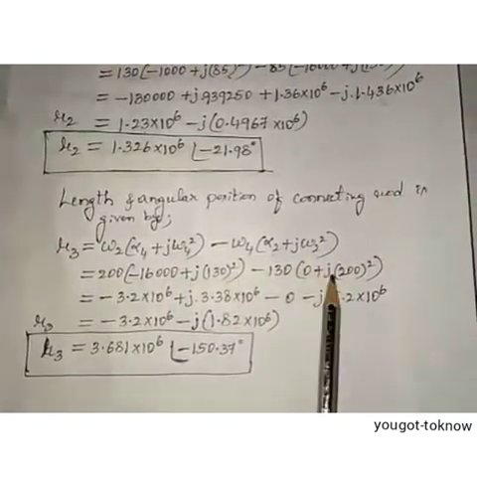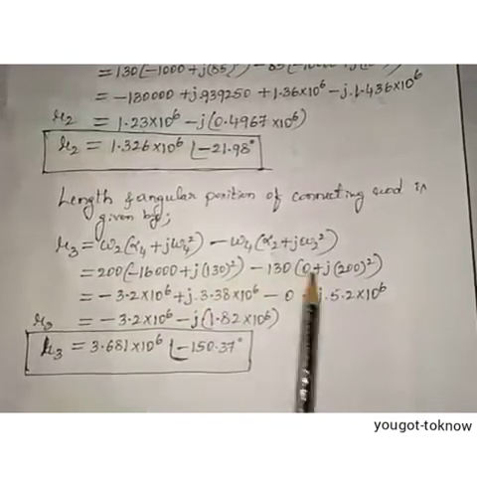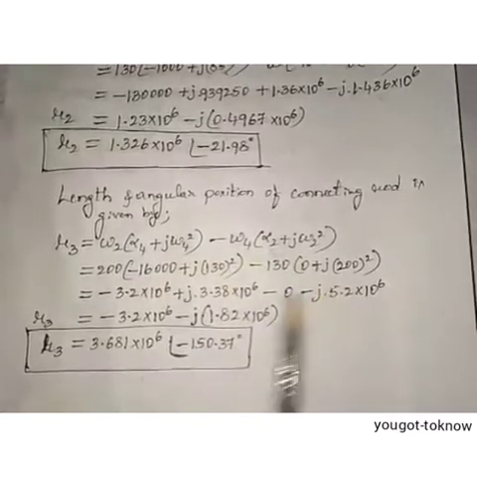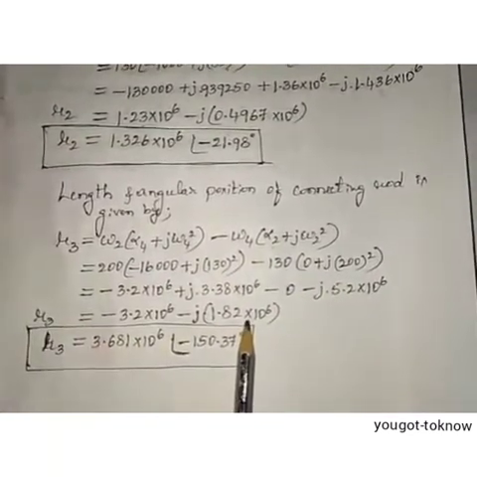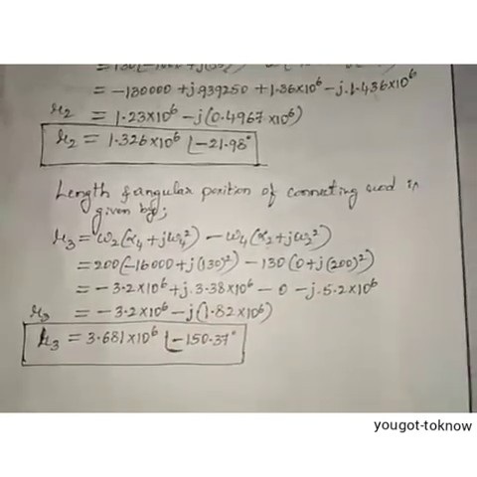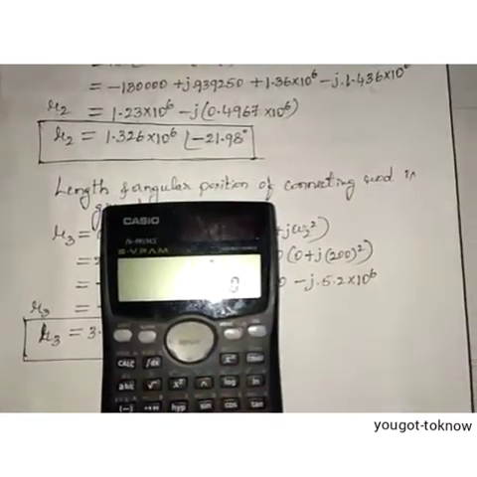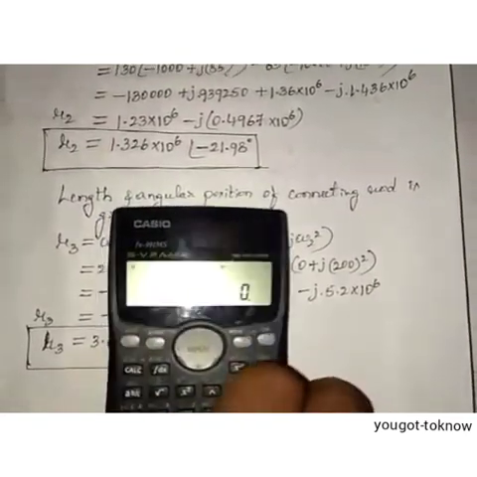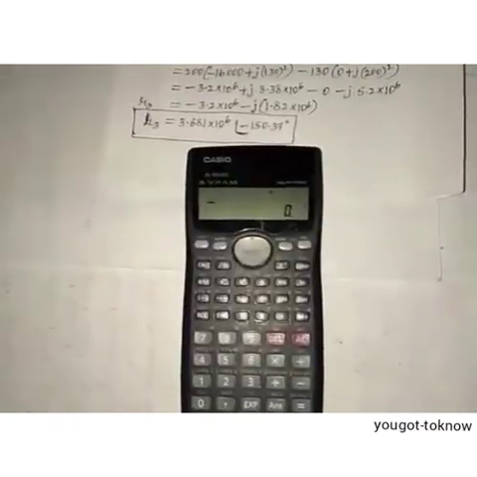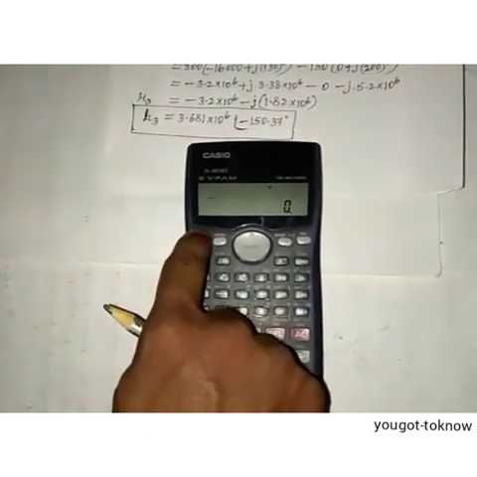Then simplify the equation, keep in real and imaginary terms from these two, then again add only real terms and imaginary terms, then we can get the R3 equation. Again, to simplify this, using calci, first press shift,